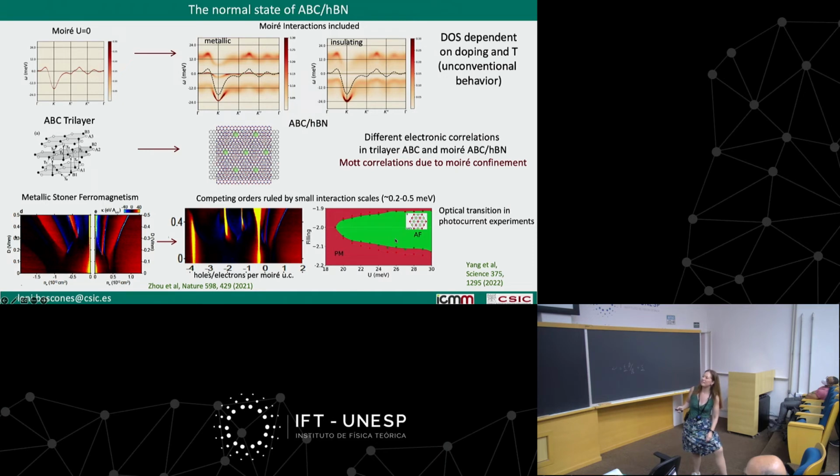Then people have done compressibility measurements in this trilayer, and they have found that there are a few transitions. Fundamentally, the trilayer is metallic. Fundamentally, in this system, they have found that there are ferromagnetic states, so ordering of the spins and sometimes of the valleys. So this is what they observe, and here,